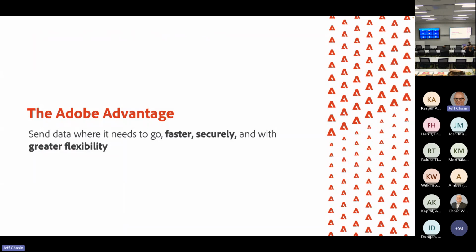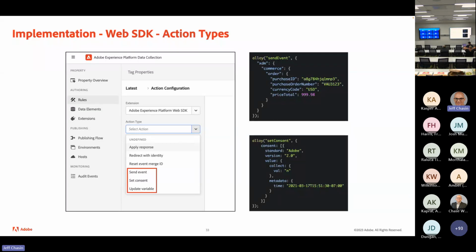So again, the whole point here of looking at and considering and working with Web SDK is to get data where it needs to go faster, more efficiently, securely, obviously, and with as much flexibility as we can muster. In the extension for tags or in the Alloy library itself, most often what we're going to be